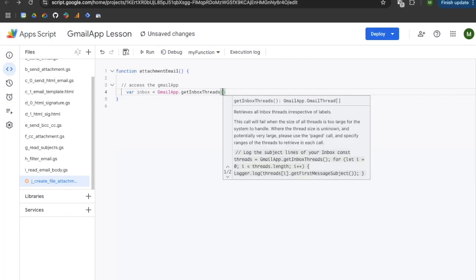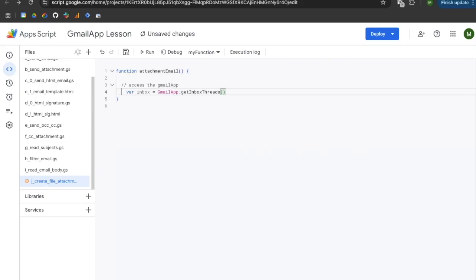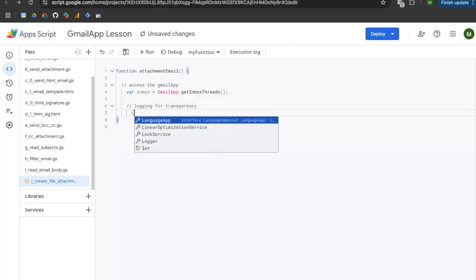I'm going to open up a set of parentheses, but I am not going to be passing any arguments to this method, so I'm going to hit the right arrow on my keyboard and add a semicolon. I'm going to hit enter twice. I'm going to add 2 slashes for a comment, where I will add some logging for transparency. I'm going to hit enter and tab, and I'm going to use capital L